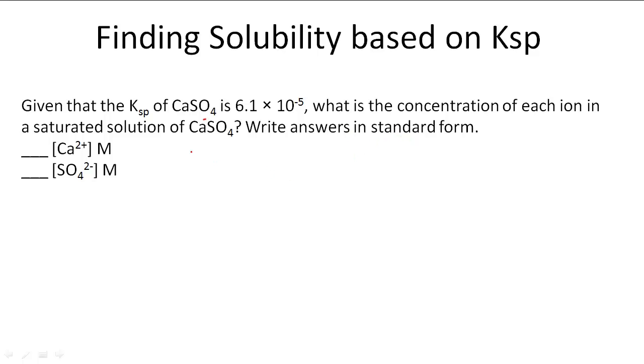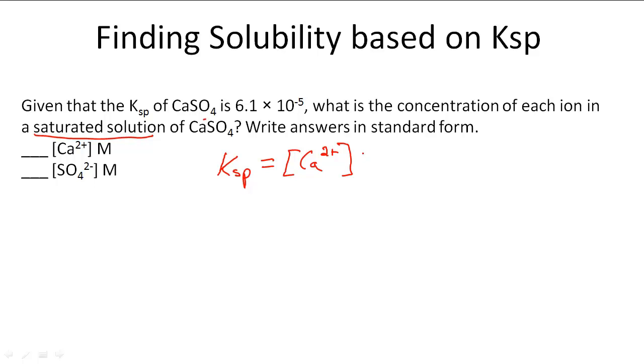So now that they've given us KSP, we need to understand what the concentrations of each ion are at a saturated solution, so when it's equal to KSP. So what we have to do is, now that we know that's saturated, we know that KSP is going to equal the concentrations that we have. We know that when we separate Ca and SO4, we're just going to have 1 mole of each. So we know that Ca2